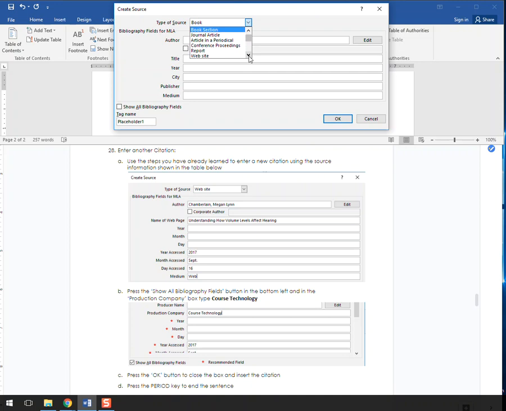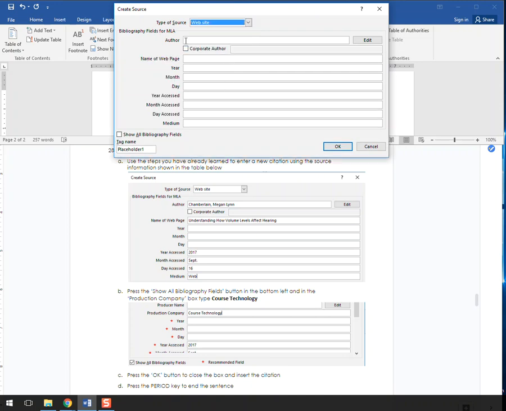You'll have to scroll down here. And then author, make sure you do not make a typo on these. You can't just copy and paste these ones. Make sure you got the capital letters, make sure you got the commas in the right place, the spaces, and then you can always use tab to toggle forward. Name of web page, understanding